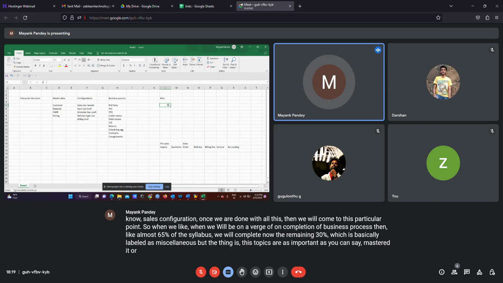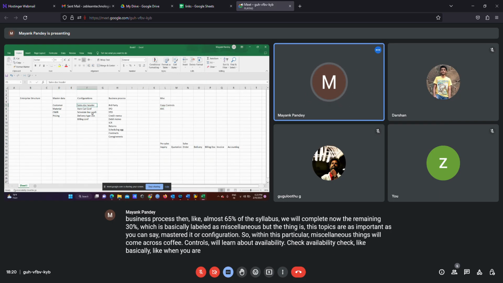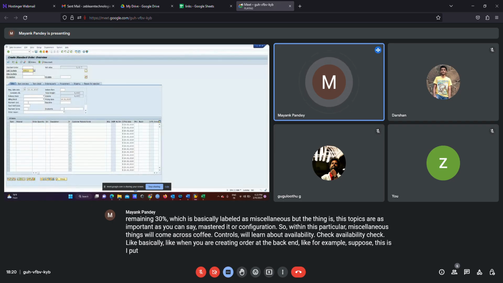Within these miscellaneous topics, we'll come across copy controls. We'll learn about availability check. Availability check is, like, when you are creating an order at the back end, take for example, suppose this is a random customer I put here.